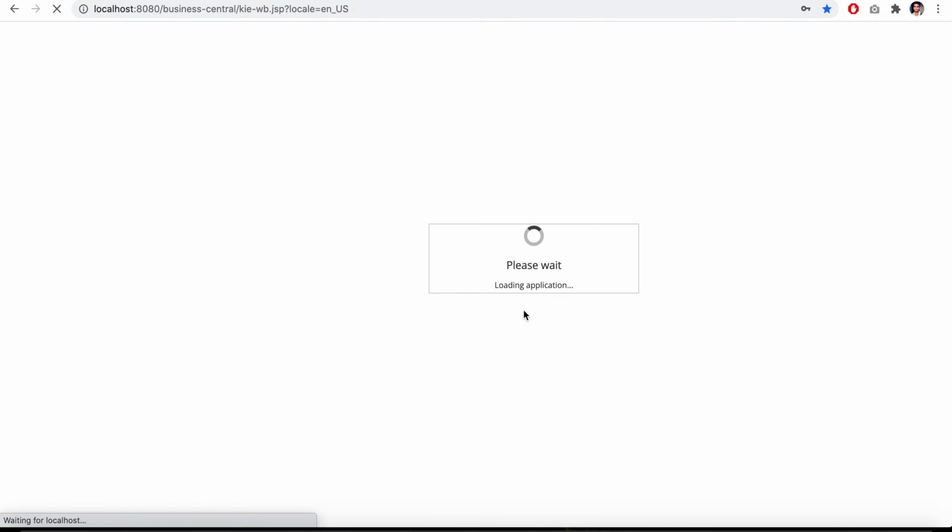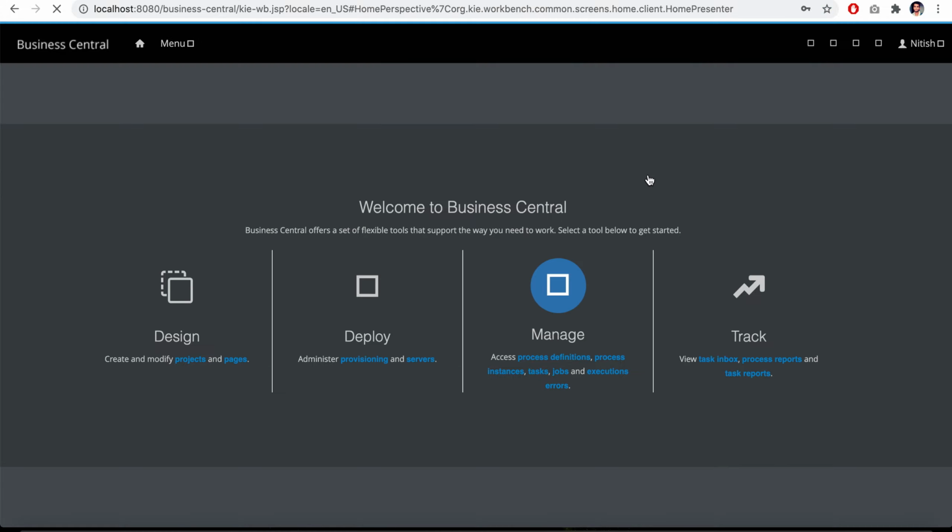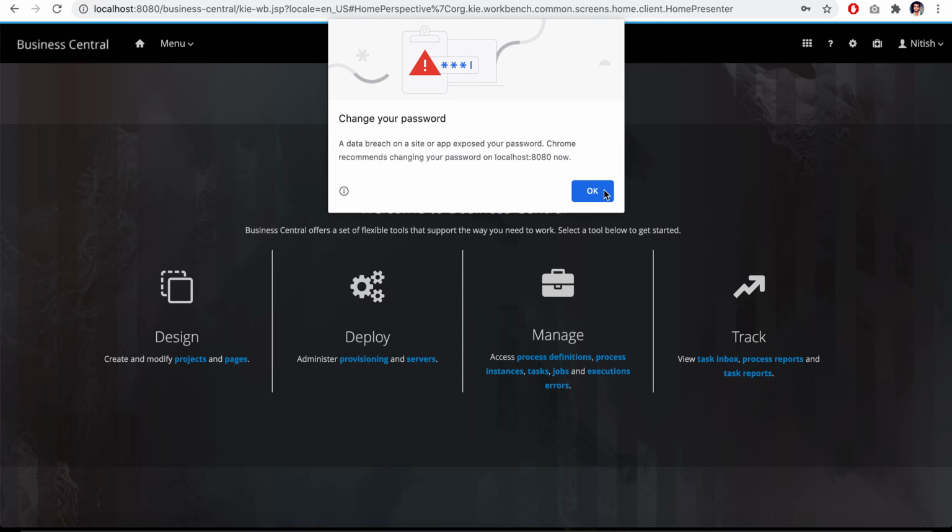There was one uppercase letter that I had used in the username, so it needs to be case sensitive. Now it will load the application which we had created for the specific user. Now you can see user Nitish is logged in.